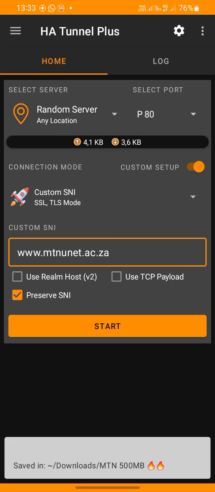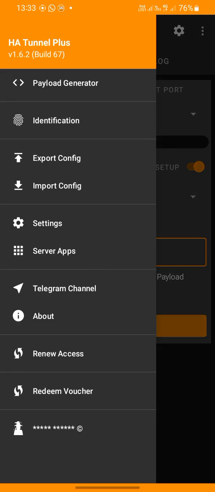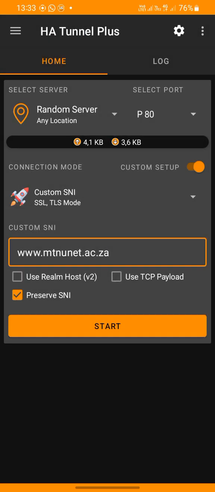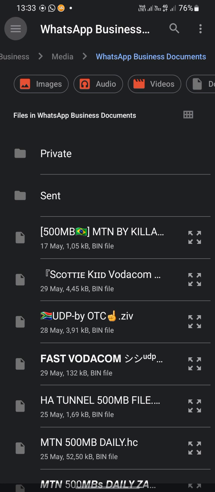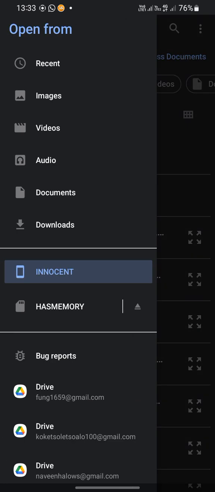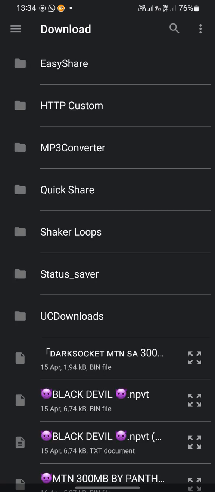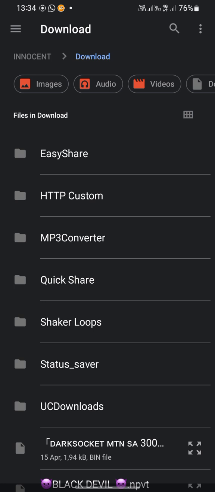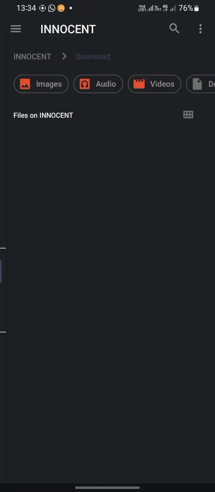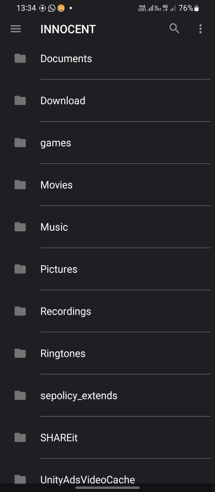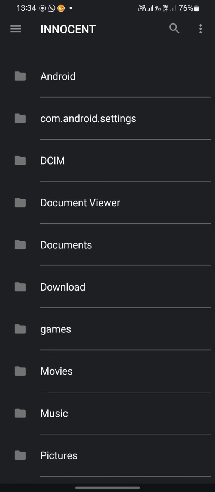Now once you export it, this is where you're going to find your file. You're going to go to your files and look for it. It's always in the folder where it says hard channel. So we're going to look for it. You're going to go right here, go to your phone, and then scroll. You can go to download, and if it's not in download, you go back over here to your phone, and then you can just scroll and search for it. You can go to